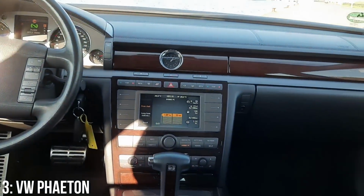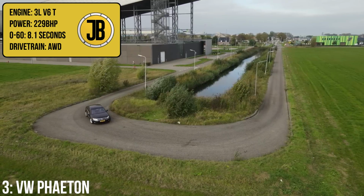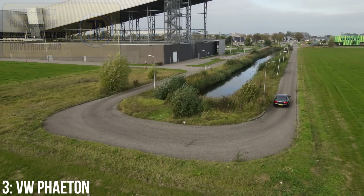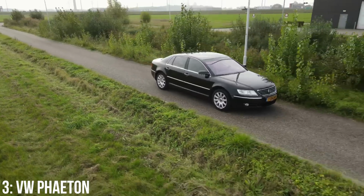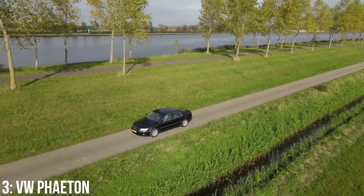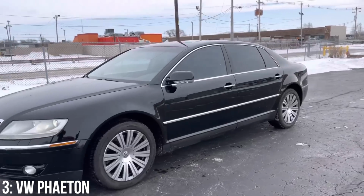In a spec that fits our price limit for this video, it has a 3-litre turbo diesel V6, putting out 229 brake horsepower, which gets from 0 to 60 in 8.1 seconds. If you're getting deja vu, it's because it's very similar looking to the A8 mentioned previously, with a slightly modified but similar basic platform, and I've spoken in previous videos about how Ferdinand Piëch wanted to make a car that